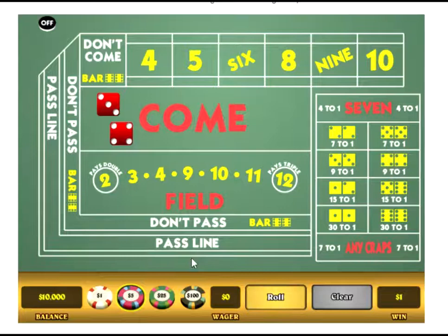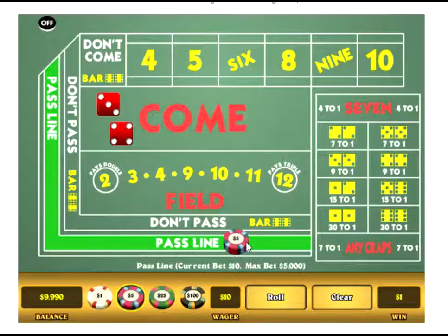It's not a grinder, guaranteed money winner, but basically we're employing a strategy and you're going to hope for a hot roller to cash you out, and this strategy will just keep it close for you until that hot roller comes around. So I'm going to show you the basic strategy and then a few variations. So here we go. We're going to do a 3-point Molly, and we're going to start with a $10 bet,